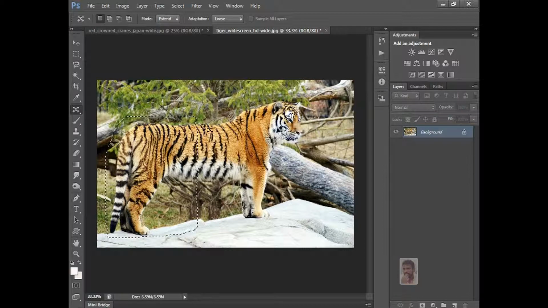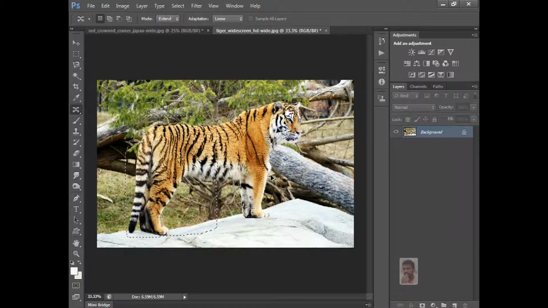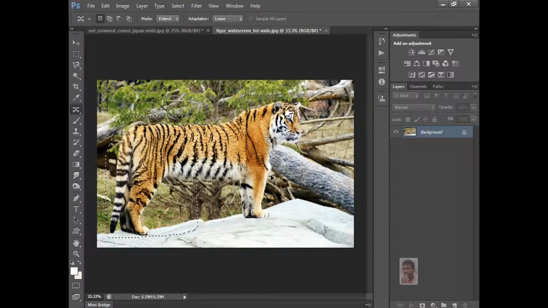See, it's extended. If you want to see the before, just see this, this is the before. After, nothing is damaged, right? Like that. And you want the same thing here, you want to move it here, just select it.